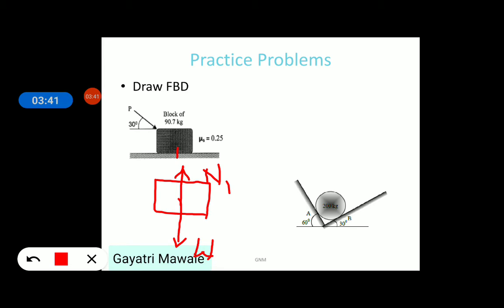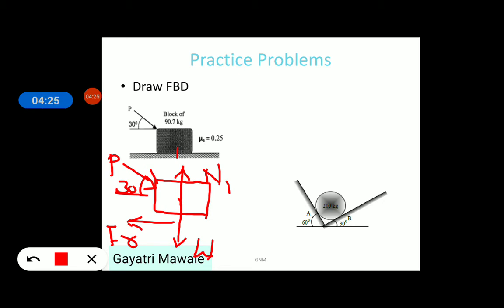After this, we have to show friction force. Before that, let us show externally applied force which is acting at this corner. Magnitude of the force is given P and this force is acting at 30 degree with horizontal. Under the action of this applied force, if this block moves, it will move towards right. So the friction force will be towards left, parallel to the contact surface, opposite to the direction of motion. This is how friction force will act on the object.